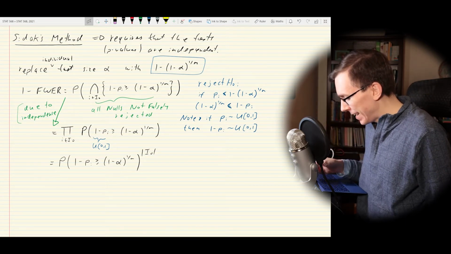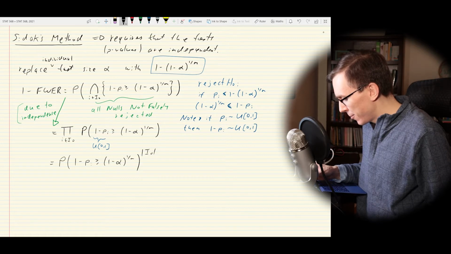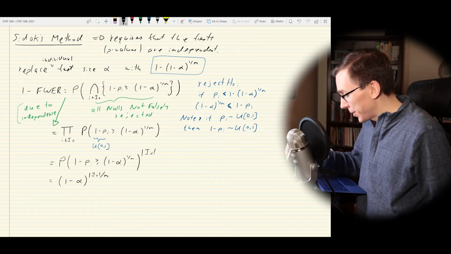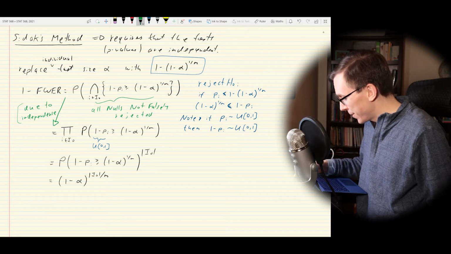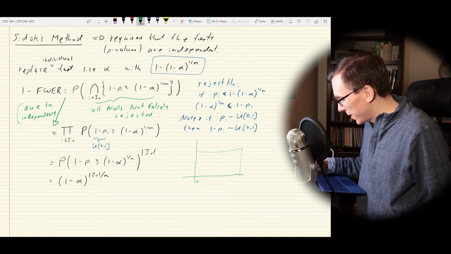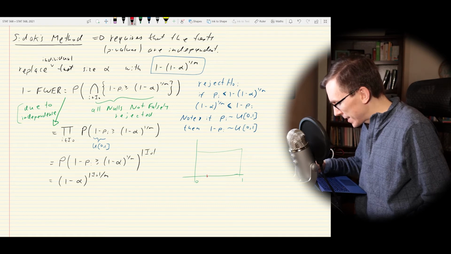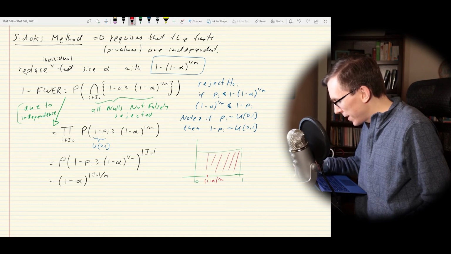And then we note that this is uniform, so it's just going to be 1 minus alpha to the I naught over m, which goes back to that drawing that I screwed up the first time, which is really just saying if I have a uniform 0, 1 random variable, and I have a point here that's going to be something like 1 minus alpha to the 1 over m, then the probability of being greater than or equal to that is, well, just going to be,